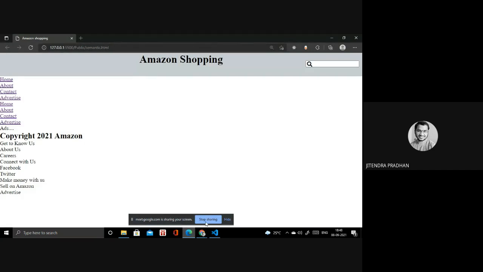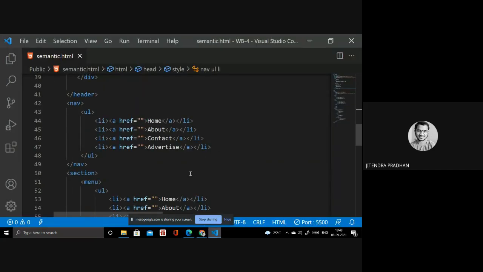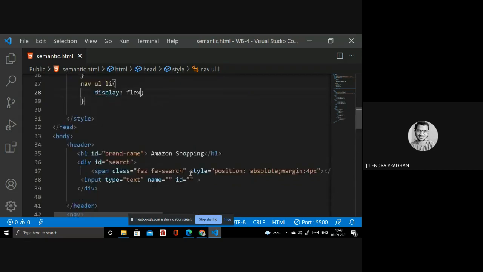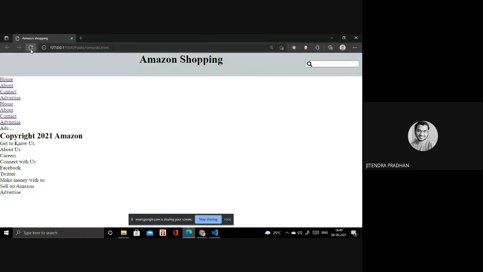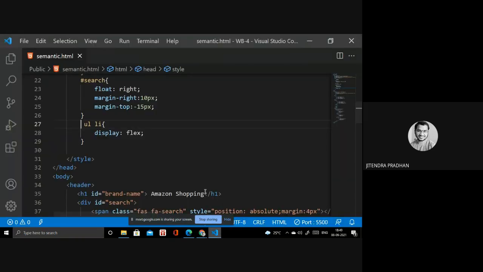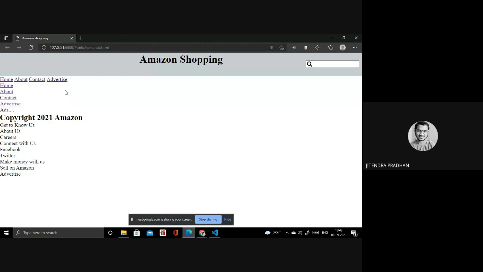Not working. Okay, I will check this navigation inside UL. Okay, if I give navigation only UL and UL, okay, I need to write that inline, inline-block. It's working fine now.